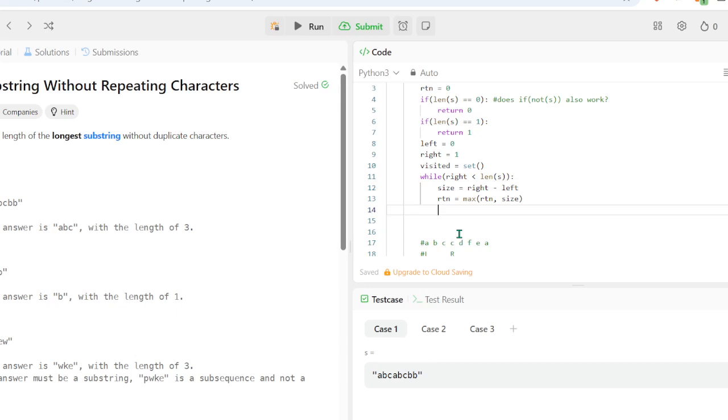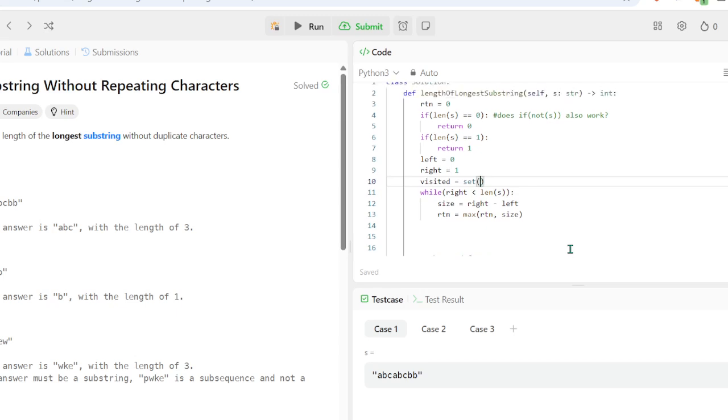So should we add L and R to the visited set? Or should we only add L? I think we should only add L, actually. So we'll initialize it like this, right?